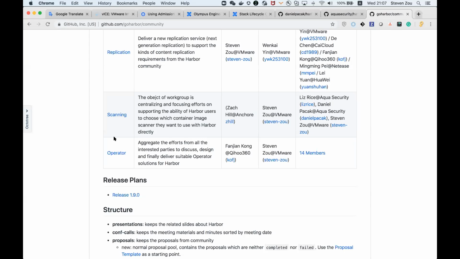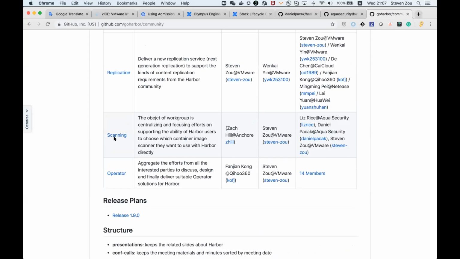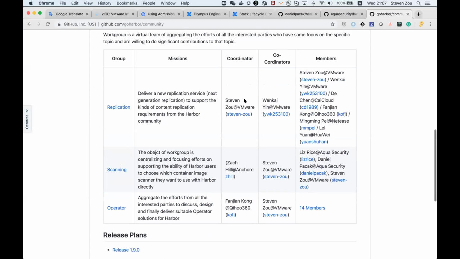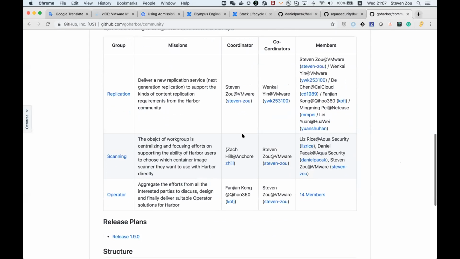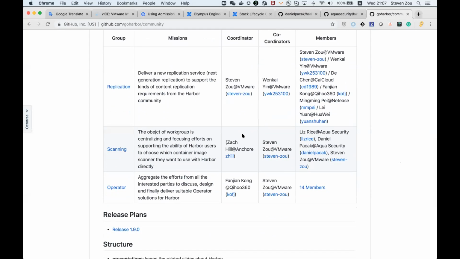And if you are interested in an existing workgroup, you can contact the coordinator to join this workgroup to work together with other guys to deliver the features. Okay, so this is the workgroup in the Harbor community.